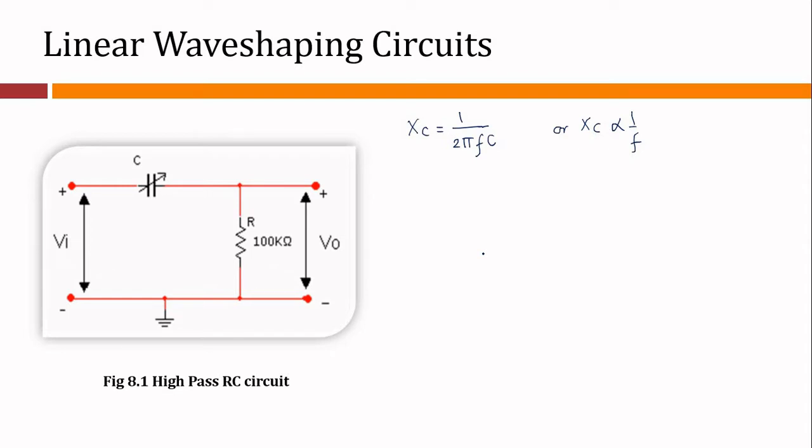Since this circuit attenuates the low frequency signals and allows transmission of high frequency signals with little or no attenuation, it is also referred to as a high pass circuit. Because of its blocking property for DC or low frequency input signals, the capacitor acts like an open circuit and blocks the signal. This is the reason that the capacitor in this circuit is also referred to as a blocking capacitor. Now this circuit is widely employed as a coupling circuit to provide isolation between the input and the output.